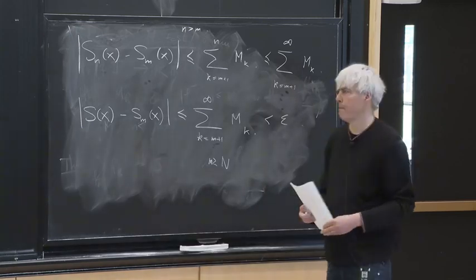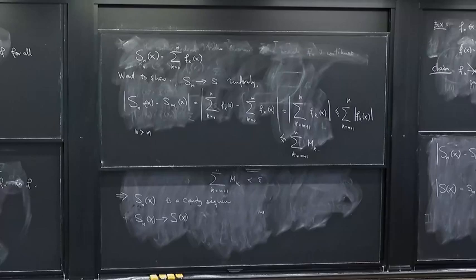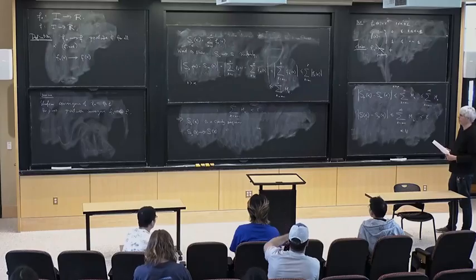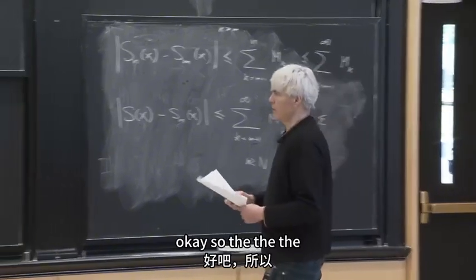Where did we get the first, like when we said that the sum of these Mk are less than epsilon? Where did that come from? Okay, so